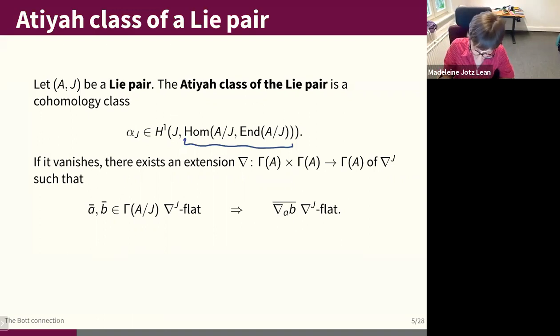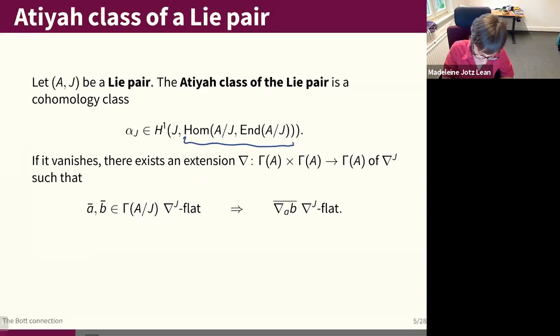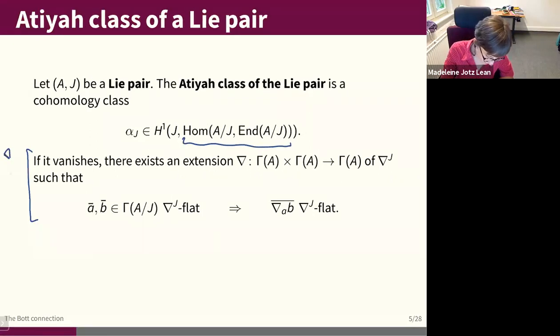So I'm going to tell you in a bit what an extension is. For now, just think about the obvious extension. You just extend your connection to the whole of A. That condition means that nabla is transversal. Or maybe I'm going to write it below. So nabla is